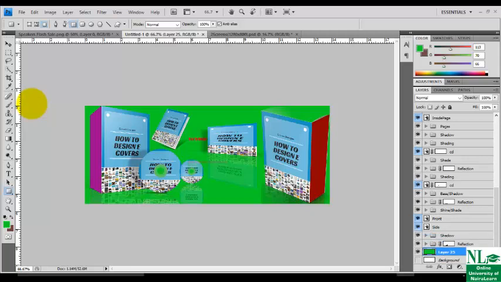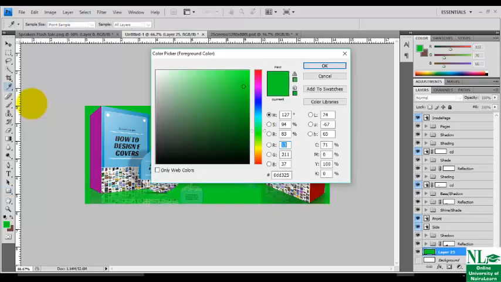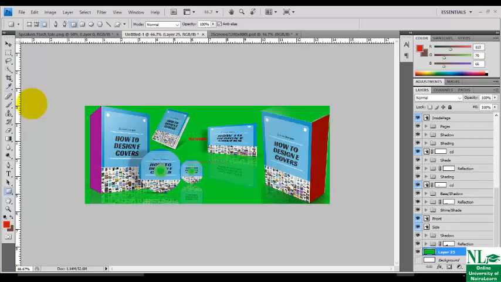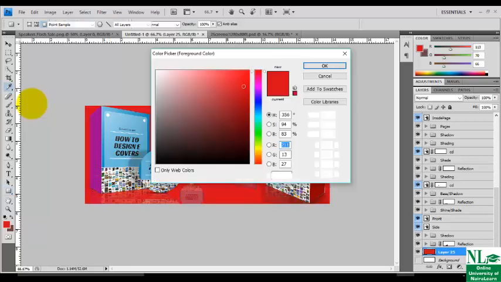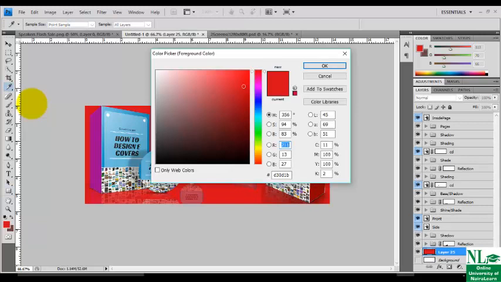We are good to go. This is it. So you can return back if you're okay with the color, no problem. If you're not, you can always come back here and change it. Then you have to draw again. Any color goes. You can always come back again. Pick another color. Let's pick this one.